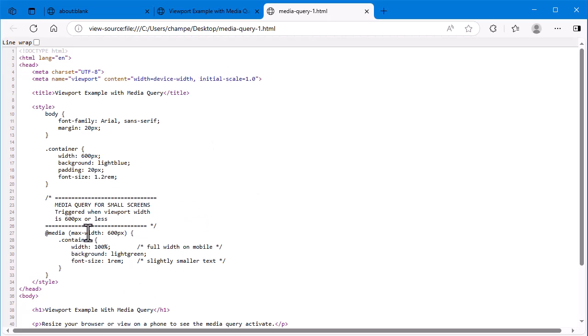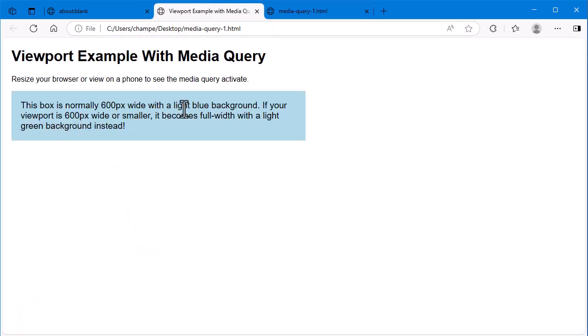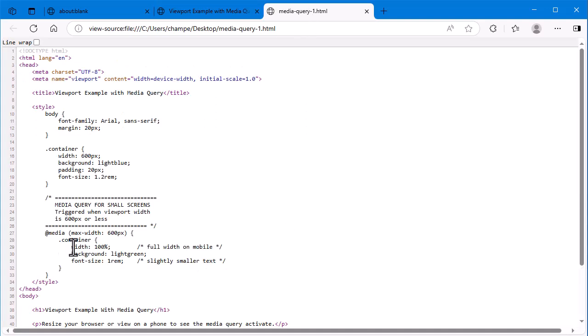You can see here is our CSS that has just the light blue text, and here we have some more CSS. You can see it's also a container. Width is 100% for full width, the background is light green versus light blue, and the font size is slightly smaller than the original size. So you have two CSS rules